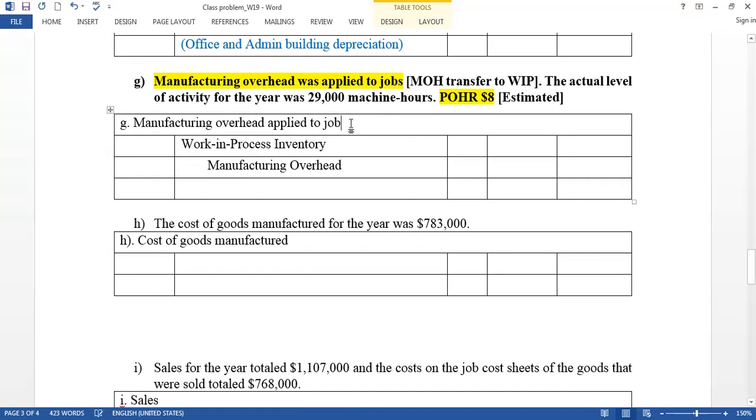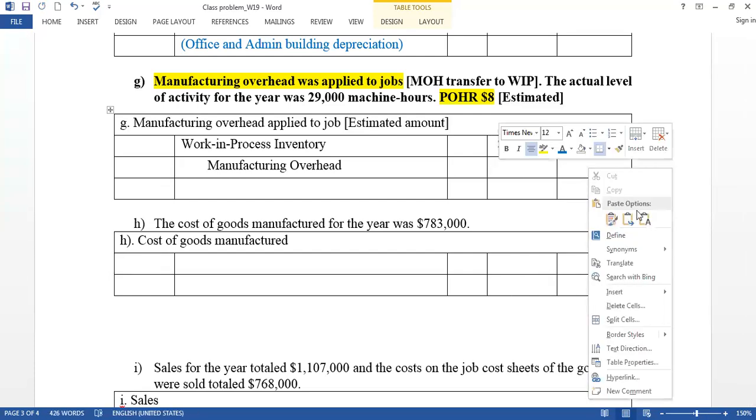Manufacturing overhead credit, and don't forget that this is the estimated amount. At the end of the year, we have to adjust. We have to adjust whether this number, that means what is the number here? The number is $232,000. So $232,000. This is the number, and this number